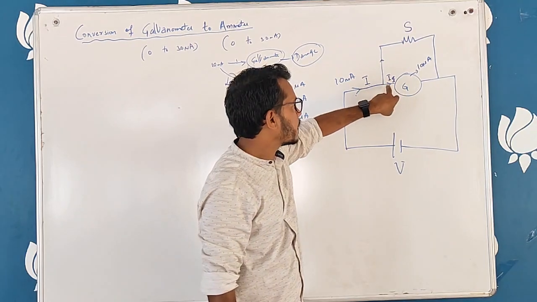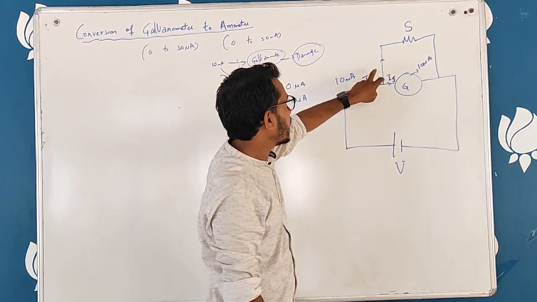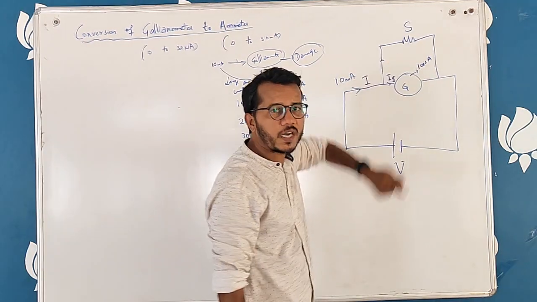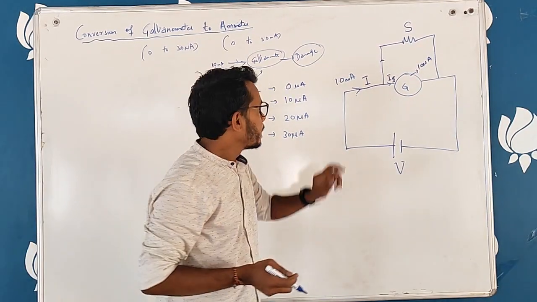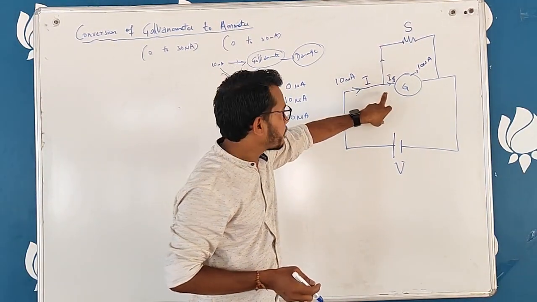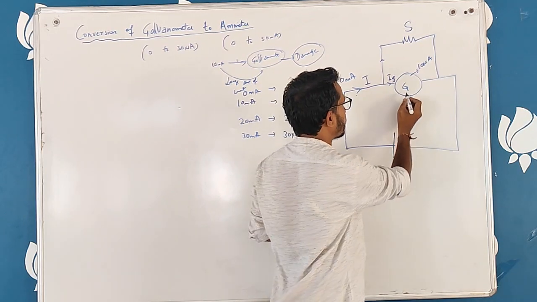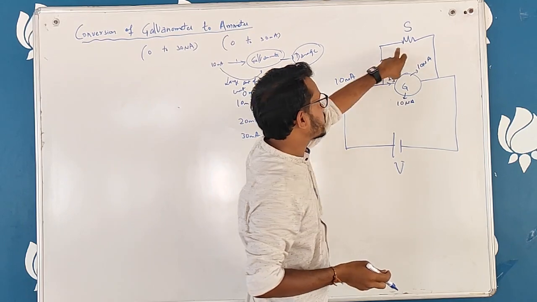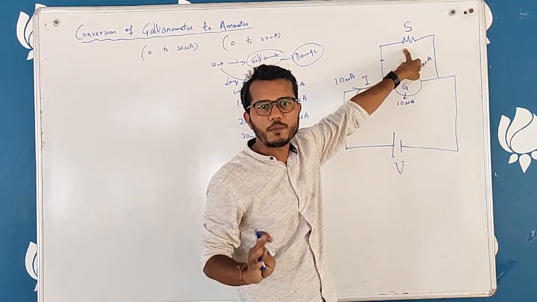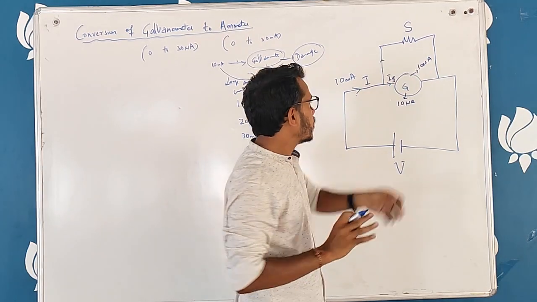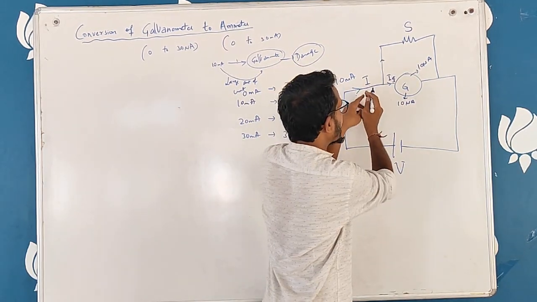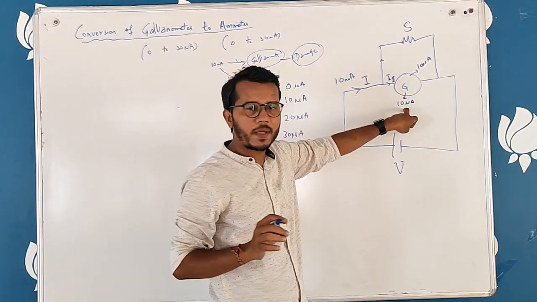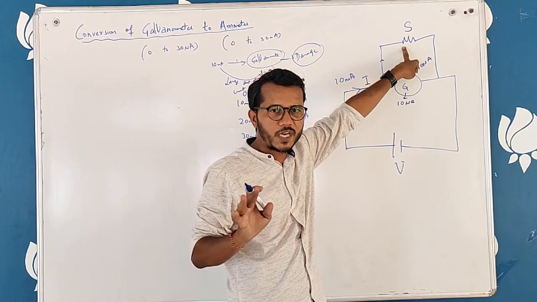So the current flowing through the galvanometer I am representing as the Ig value, and the branch is providing the rest. See, 10 milliampere I am supplying, so the galvanometer has to show a deflection of about 10 microampere, and the rest of the current has to flow in the shunt resistance so that the galvanometer gets no damage. So the 10 milliampere is my main current, and the galvanometer has to get only 10 microampere. The rest of the current has to flow through this shunt resistance.